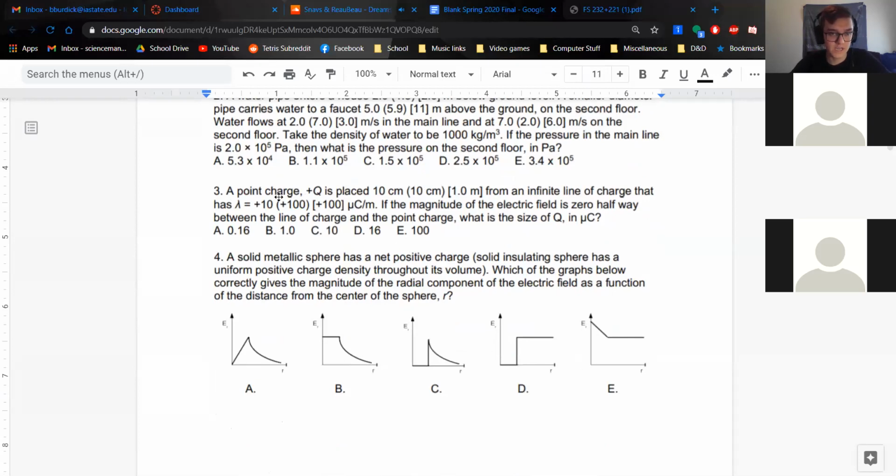Now we have number 3. A point charge plus Q is placed 10 centimeters